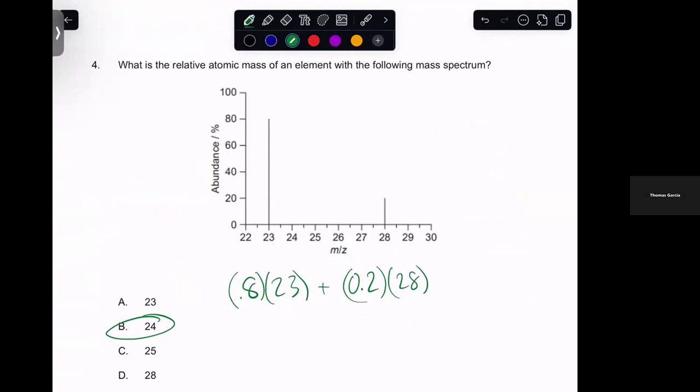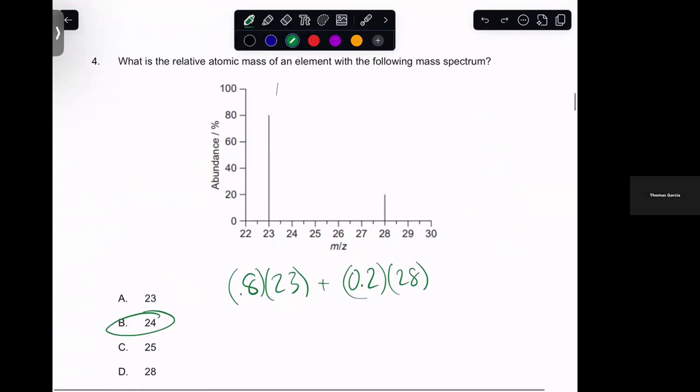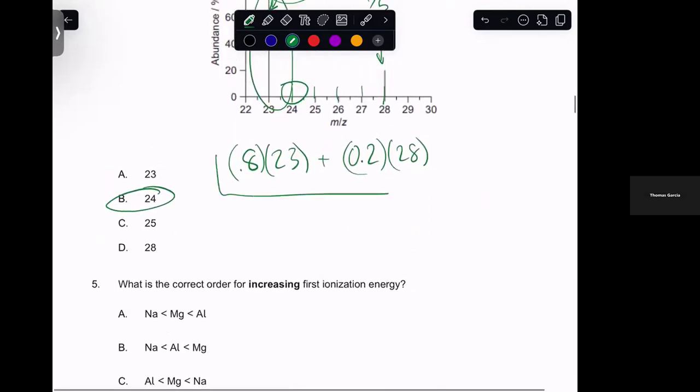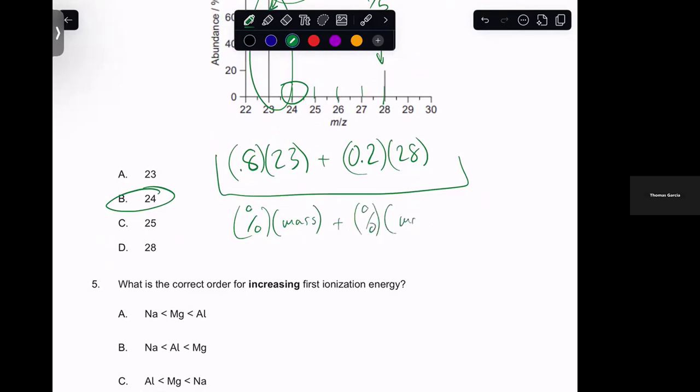Another good way to look at this is about 80% or 4 out of 5 is this one, and 1 out of 5 is this one. That means it's going to be closer to the one that has the larger amount if we divide this into 1, 2, 3, 4, 5 equal sections. But honestly, we can just use the formula of percent times mass plus percent times mass, etc., for however many